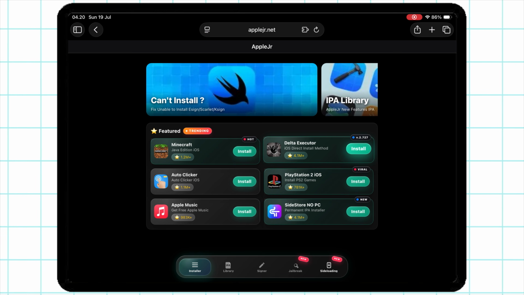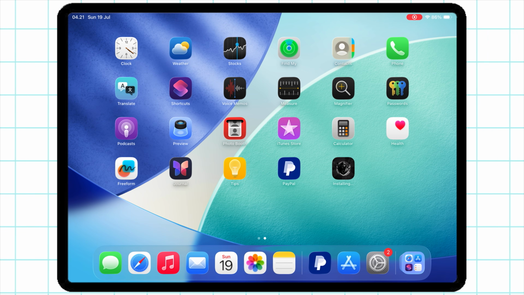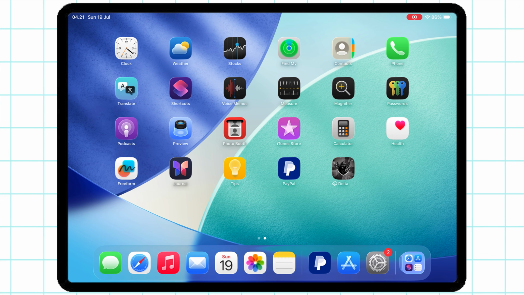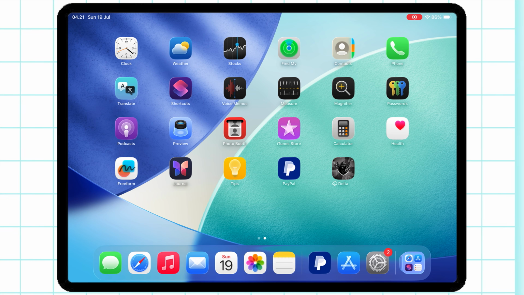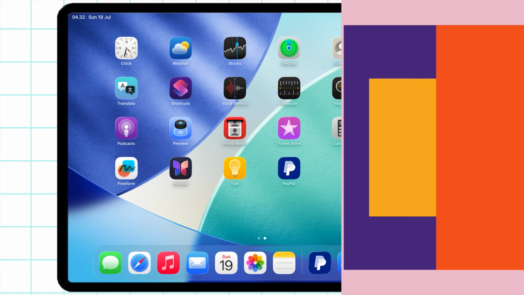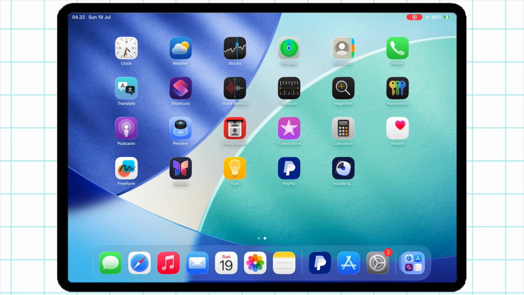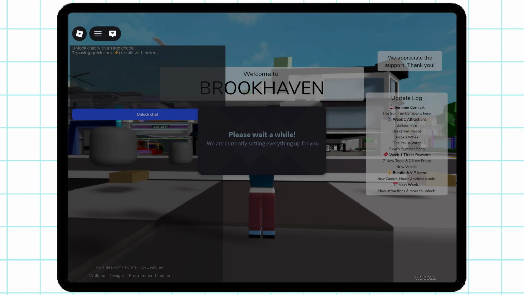If you are trying to install Delta Executor Mobile on your iPhone or iPad and you keep getting errors like unable to install, app cannot be verified, integrity could not be verified, or the app just disappears after installing, then stop for a second and watch this video first. In this video, I'll show you how to install Delta Executor on iOS with a new method, 100% working on